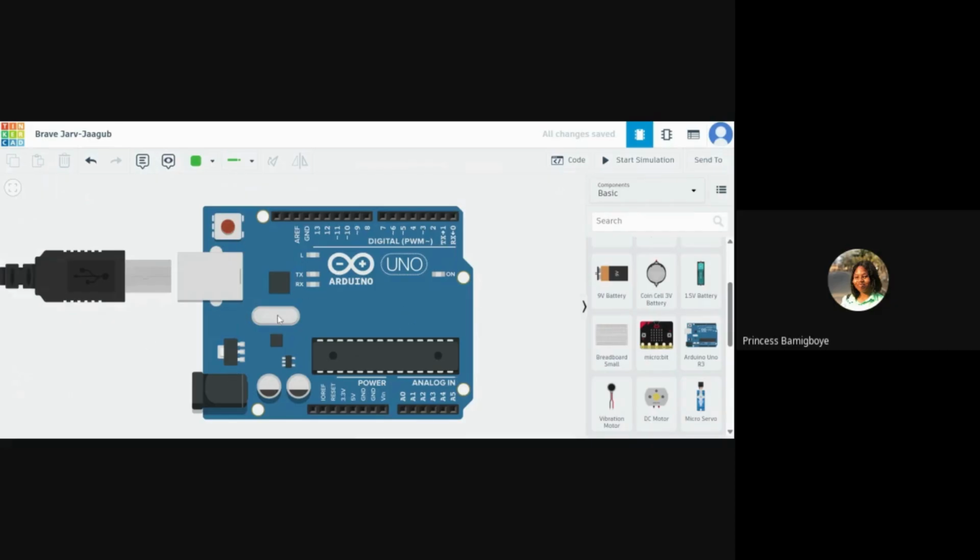Like we have the oscillator here, we have capacitors, we have small little ICs, we have the reset button, we have female headers, we have LEDs, we have the microprocessor, the power jack, the USB port, and essentially we have all of that. All this makes up the Arduino, and I'm going to explain all the parts one by one.